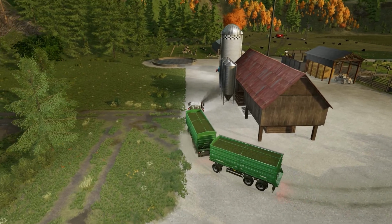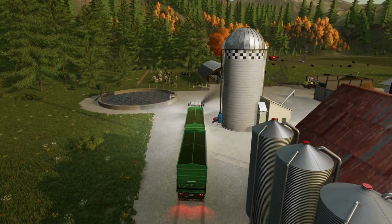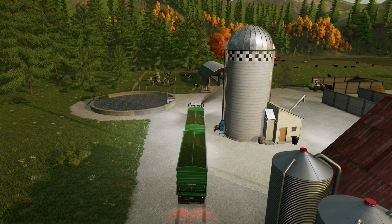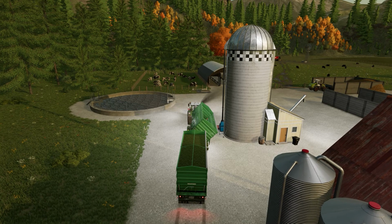Alright, the lights just flicked on as I came over here. So that's how you really know that it's getting into the evening time. The sun is heading down and, well, it should be starting to get dark out pretty soon here. But we still got a little bit of time. There's still sunlight. And we're going to drop off this next trailer